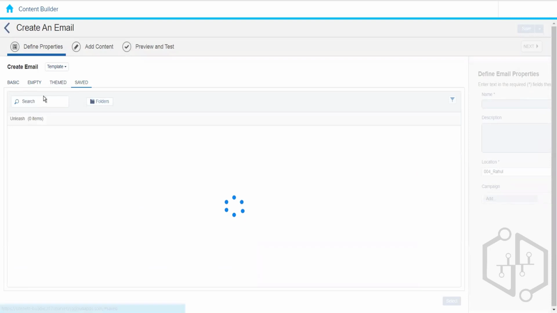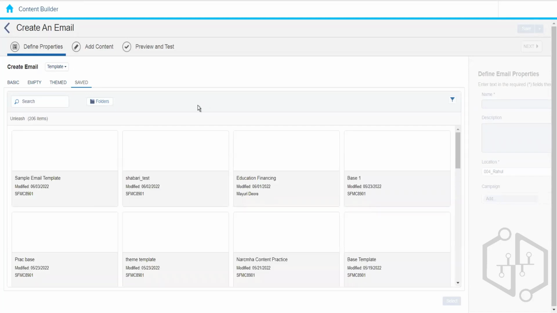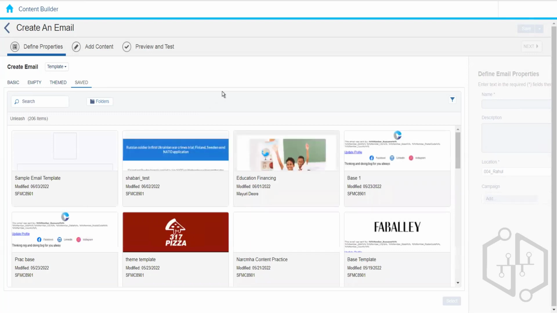Okay, so let's say we have created one email message based on a basic template, and now we want to make some changes. Okay, it has got, let's say, header and footer, but we want to add some social media icons in the footer as well. So what I want to do is that,